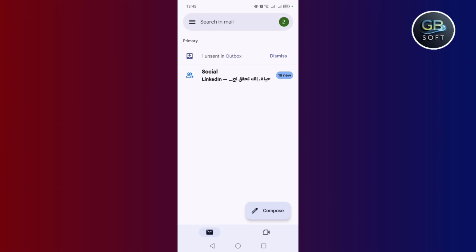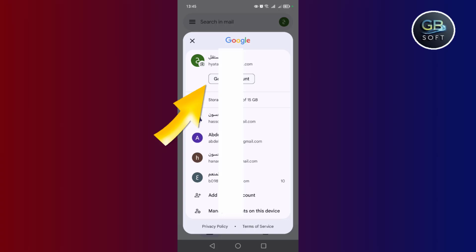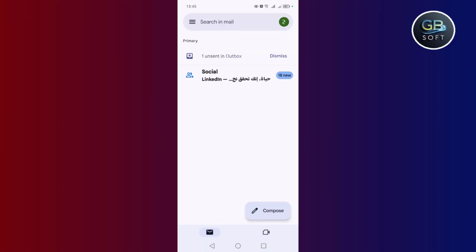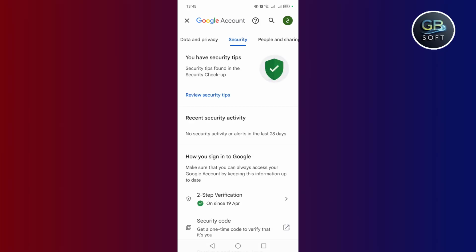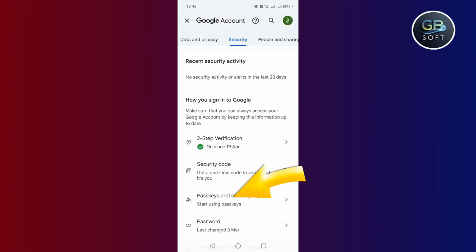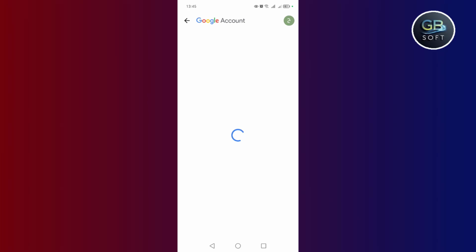The first step, my friend, is to go to your Gmail account. If it is open on the phone, then click on the Gmail profile icon, then click on Manage Your Account on Google. Then you scroll this bar like this until you find the security word, then click on Security. Then here, you will find the password. Click on it. After clicking on the password, enter your phone code to protect you, which is the time for